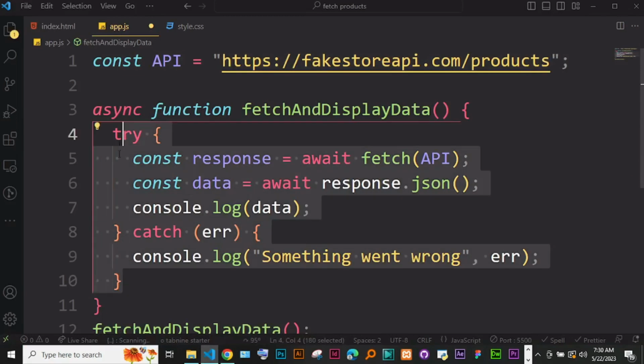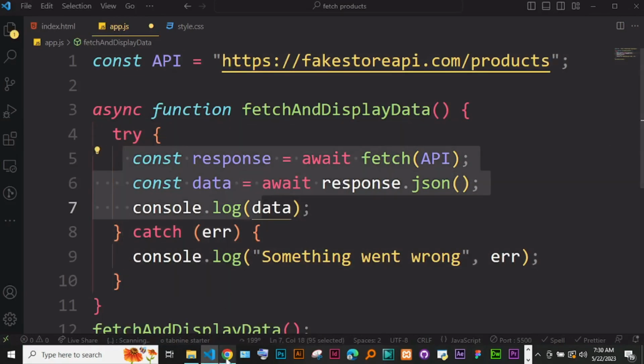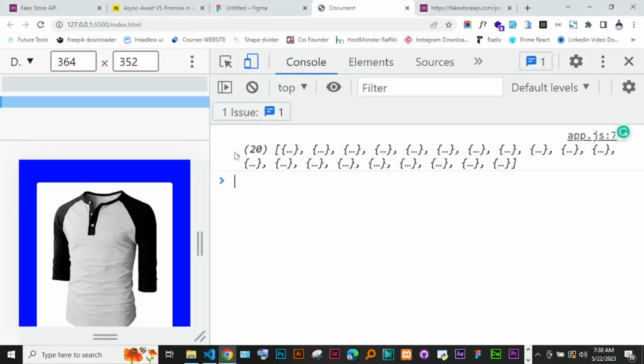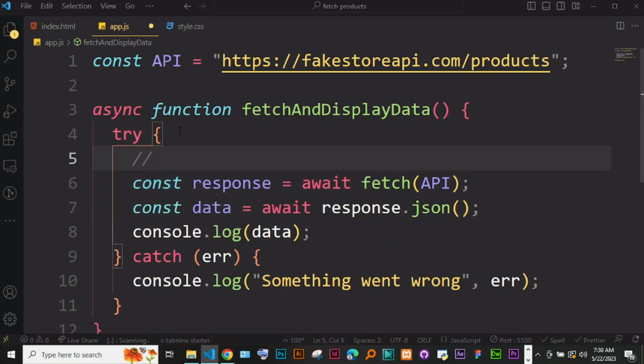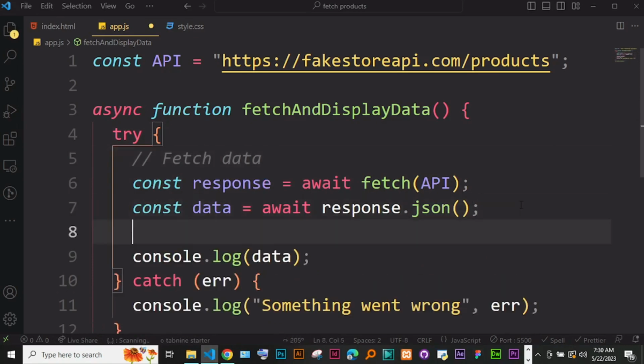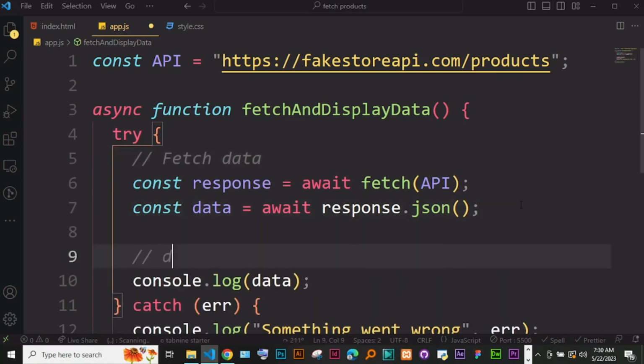Okay, so we are handling our error right now. So right now we can still get the data. Let's check that. Okay, we have the data. So what we want after getting the data, so here we fetch the data, and then after getting the data back, we want to display